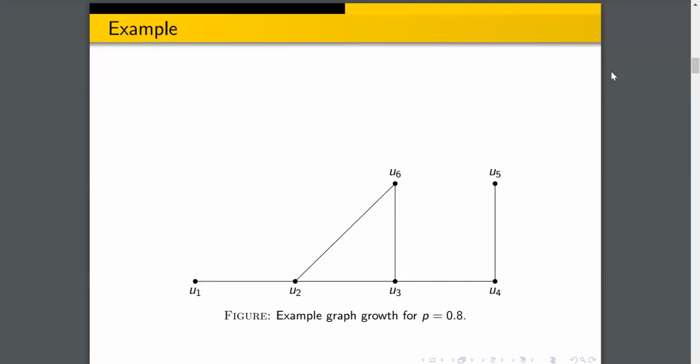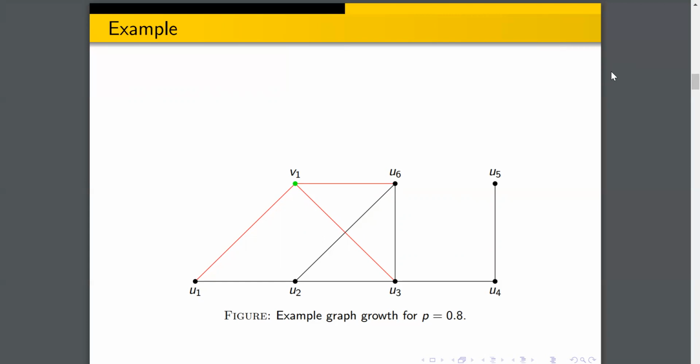If we look at the example, suppose that we start from this graph G, we have set P to 0.8, and we pick uniformly at random. And it happens so that we picked vertex U2. So we add vertex V1, which is a copy of U2. We pick all the neighbors one by one of U2, U1, U3, U6, and for each, we toss a coin with probability P. In this case, it happens so that all the edges from U2 to its neighbors were copied,